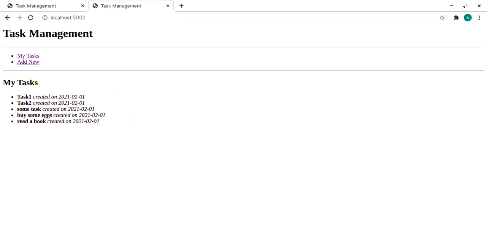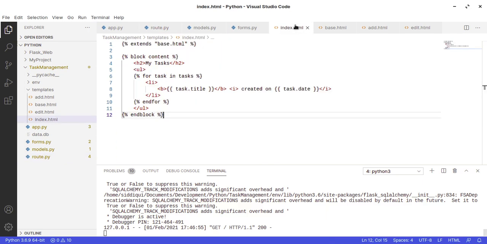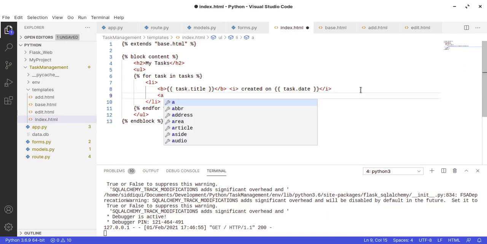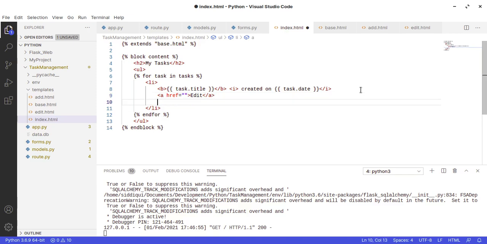Let's do this first. So in the index, here what we can do is we just create two a hrefs. This one is for the edit, and then another one I will create for delete.